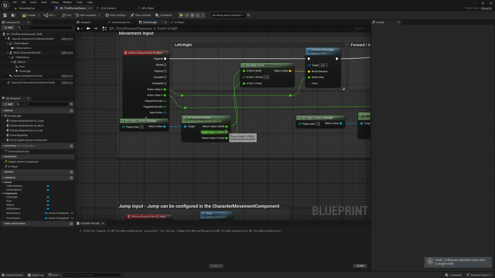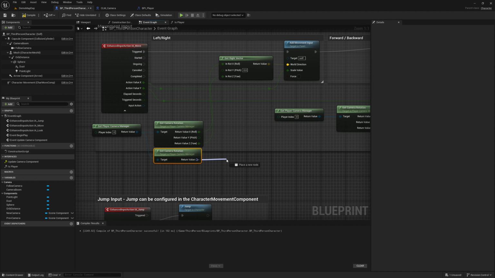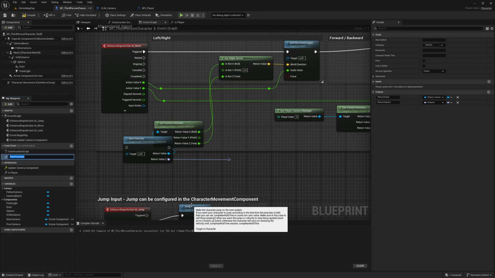Let me expand it like this, and recombine and output so that I can convert this to a proper function. Collapse the function,